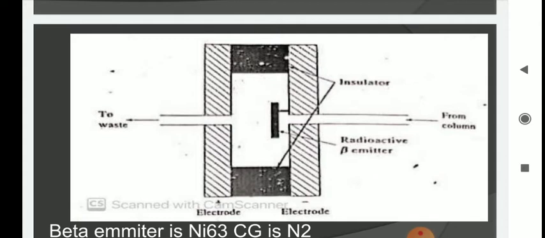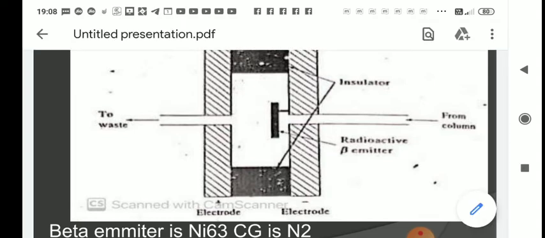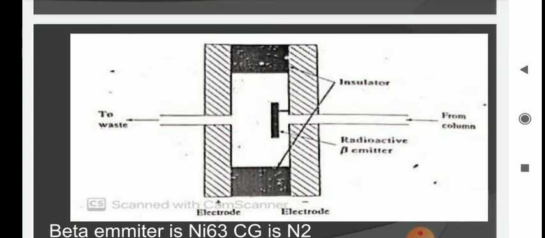Now, in the electron capture detector, you have two electrodes. You can see the lined part in the instrument, on the left side and right side. That is the two electrodes. Because of the ions, electrons, and the electrodes, you get a current. So the baseline is a current of a certain value in the chromatogram.